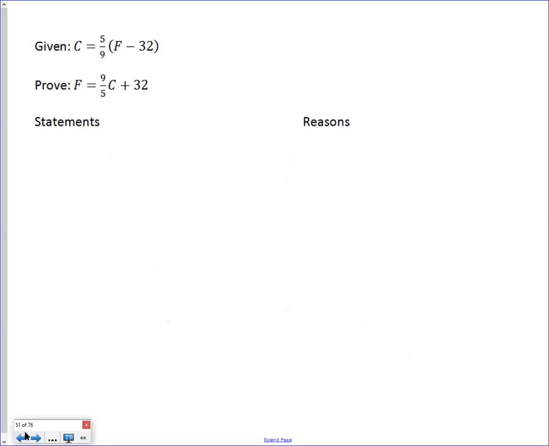No, this one's more interesting. We'll do this one. Given C equals 5/9 (F minus 32), F equals 9/5 C plus 32. There's 2 letters. This is how we convert Celsius to Fahrenheit and Fahrenheit to Celsius, because some countries refuse to give up Fahrenheit